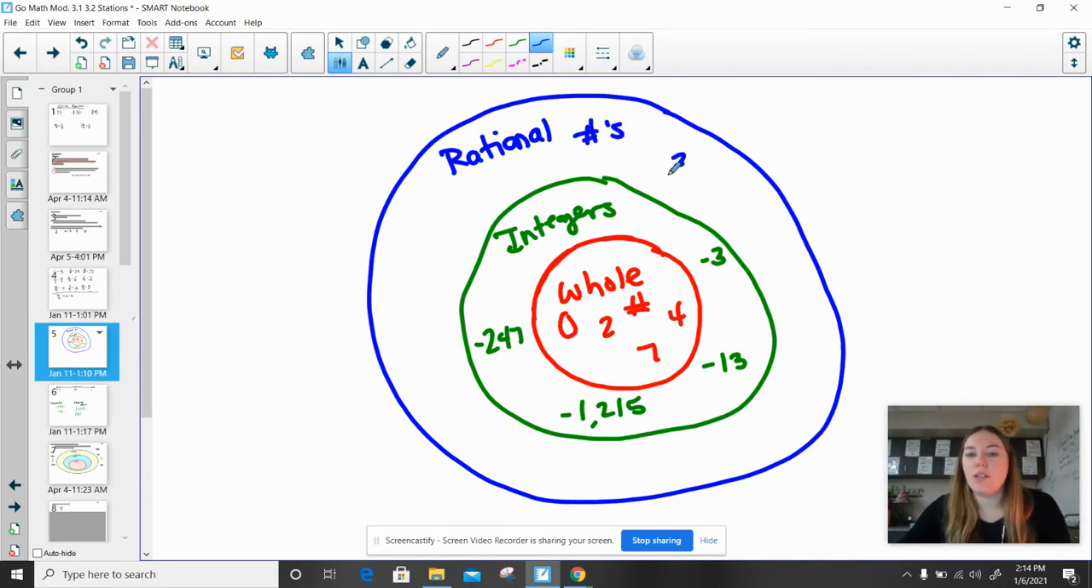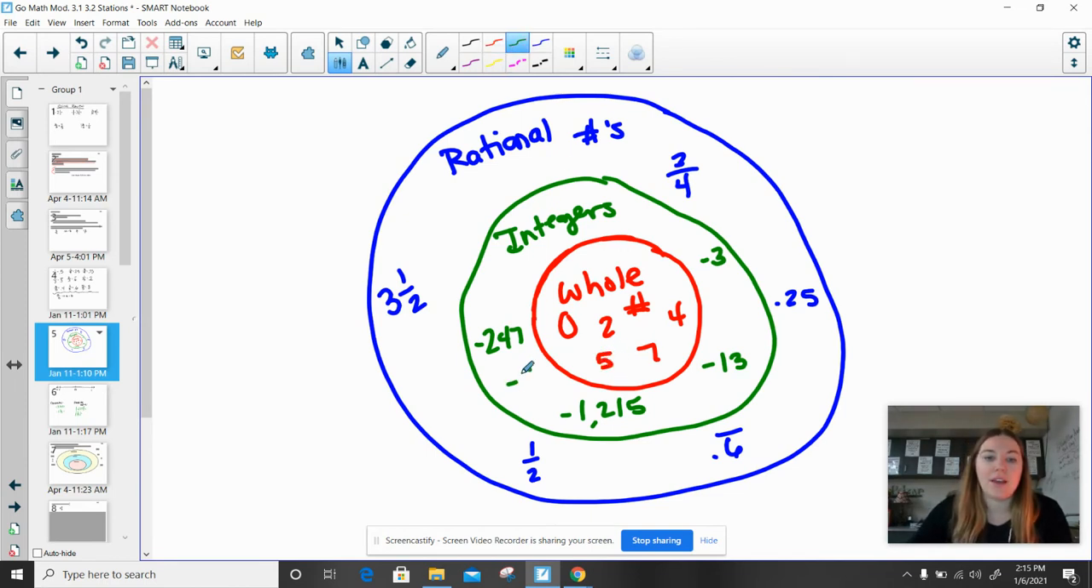So rational numbers are anything that can be written as a fraction. These would be your repeating decimals. These would be your regular fractions. They'd also be like your mixed numbers or your improper fractions as well. So it's important to remember here, and I like to kind of think about it as